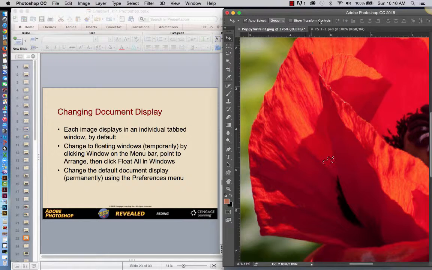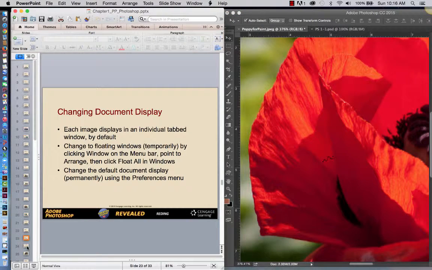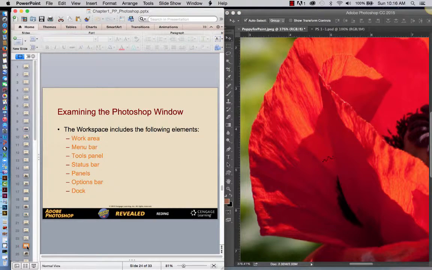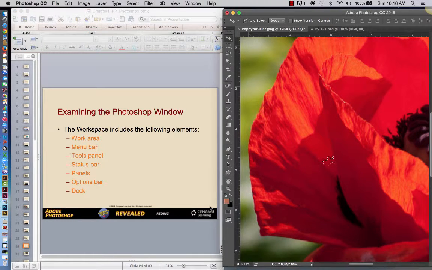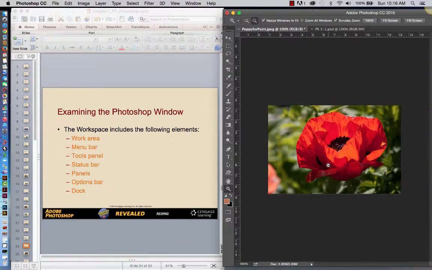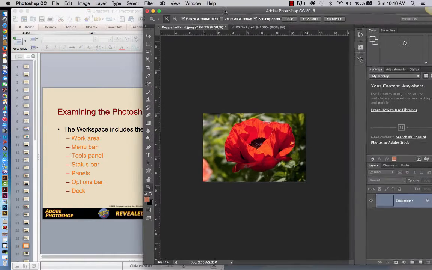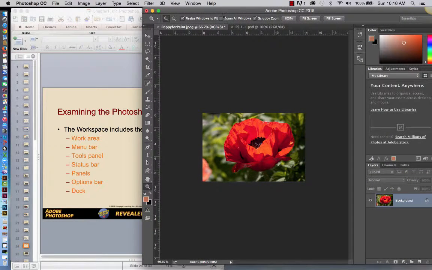I'm going to consolidate all the tabs. For me, working on a small workspace, that's the easiest and most economical use of space. The Photoshop window workspace includes these elements. I'm going to zoom out a little bit so you can see them. Move this over. You'll see the work area, which is the image, the menu bar, which is up at the very top,